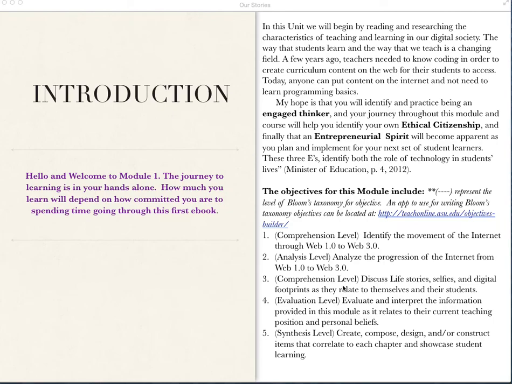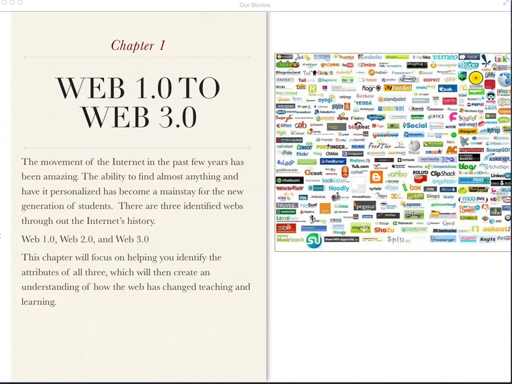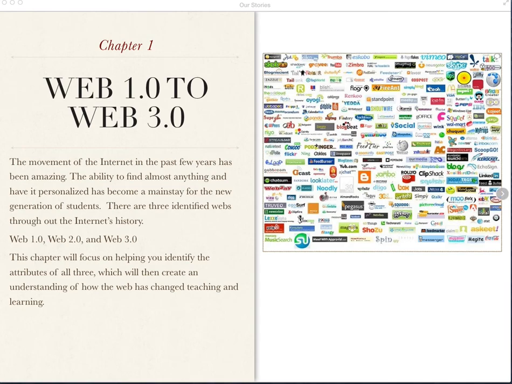I am going to just quickly run through what the assignments are and what you can expect from this module. I'm not going to lie, this module is a lot of work. However, it will set us up for the rest of the semester and it will get much easier as it goes. So there is an introduction, and then Chapter 1 goes into, we're going to look at Web 1.0 to